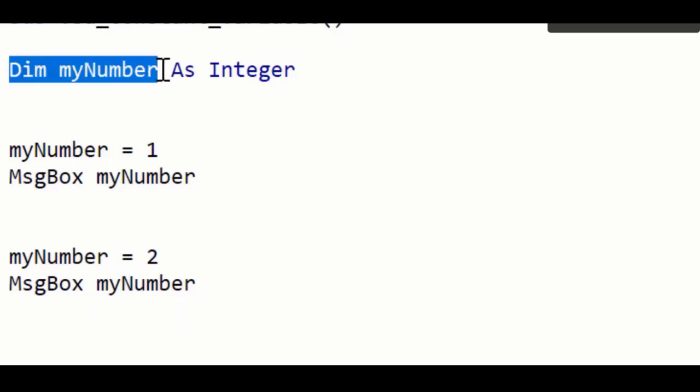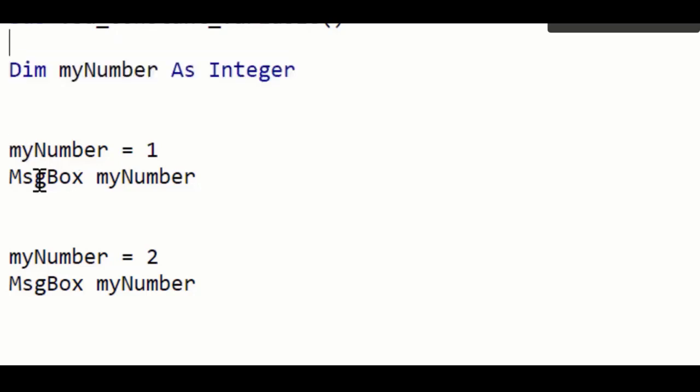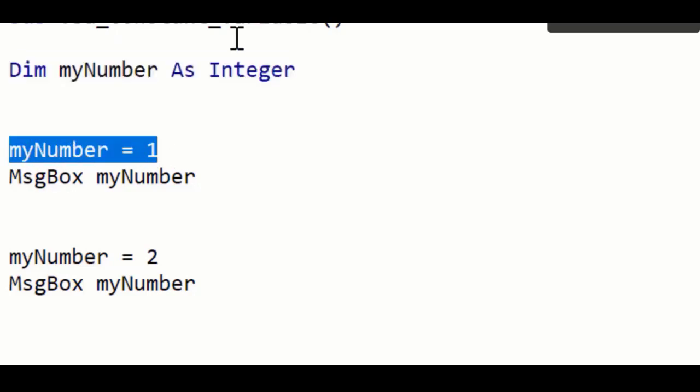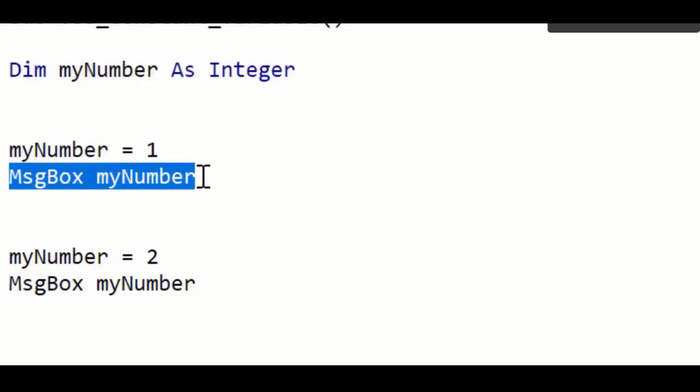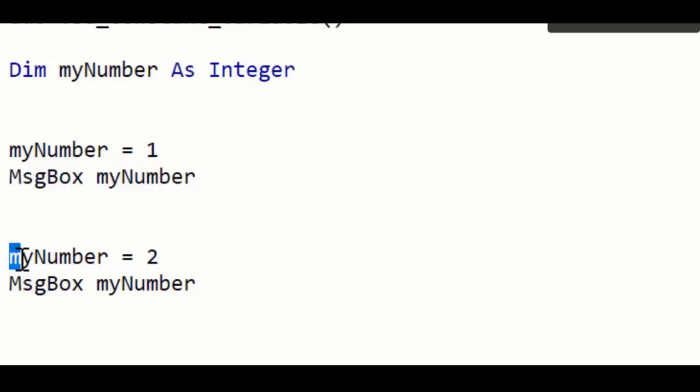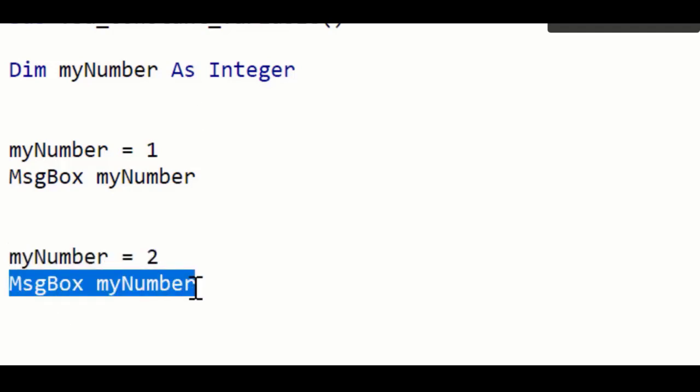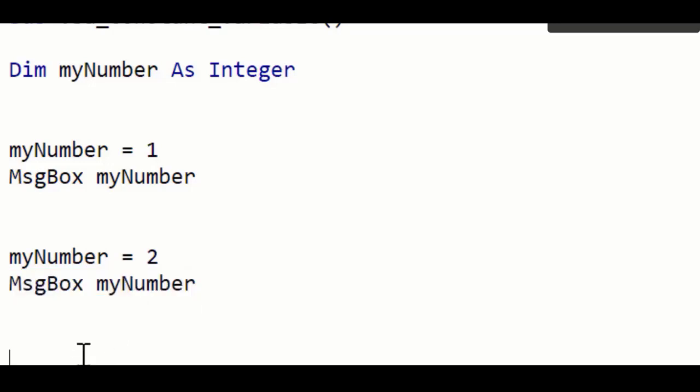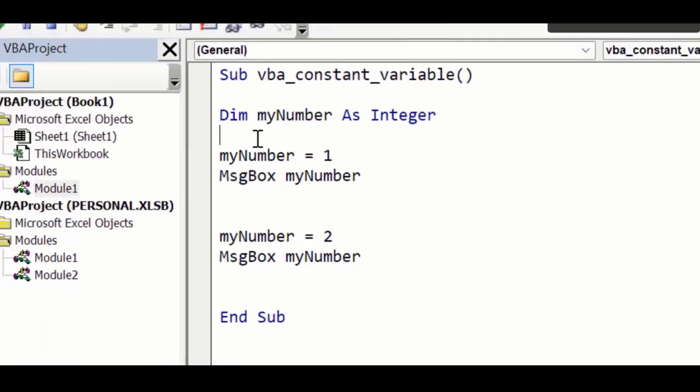So here in this code, I have declared a variable by using its name and then the data type. I have assigned a value to this variable, and then used the message box to get the value of this variable. And again, I have assigned a different value to the same variable, and again used the message box to get this value. And now if I run this code,